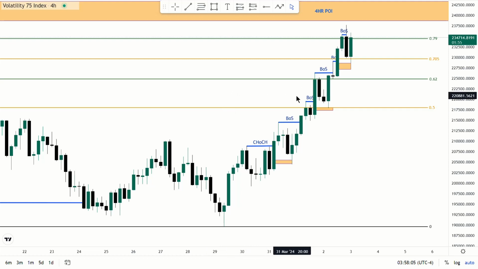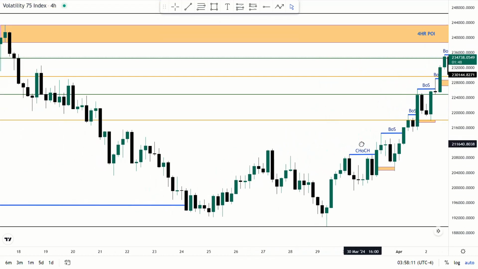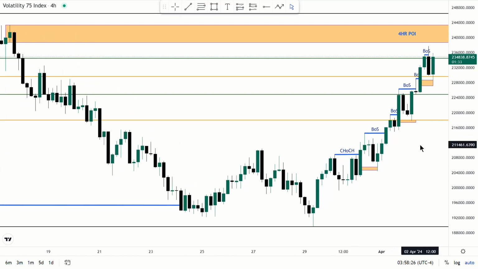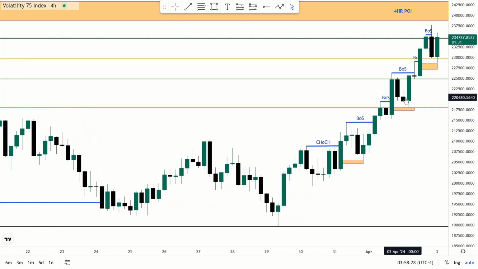Okay, so if this is not valid, then the market wants to react to what? If this is not valid, then you have an extreme POI, the one that is still here. Okay, this is the extreme POI. So in your mind, you have to keep in mind that there's still an extreme POI up there, so the market has the potential to still go up. Okay, so on your 15-minute chart now, when you go down to your 15-minute chart,